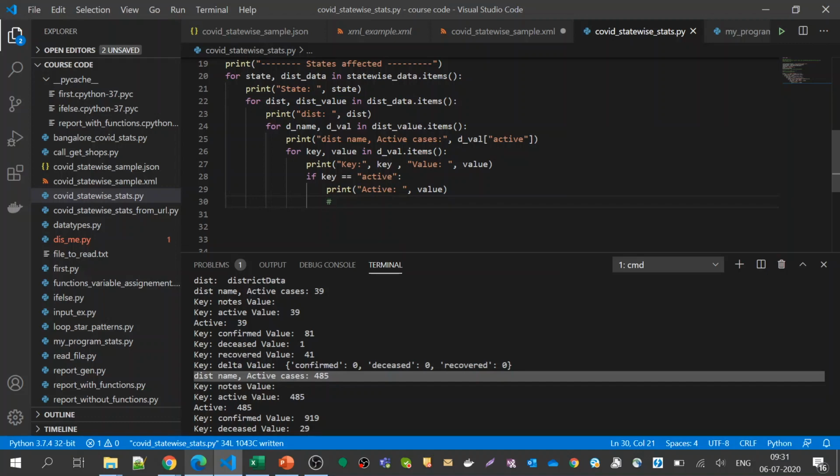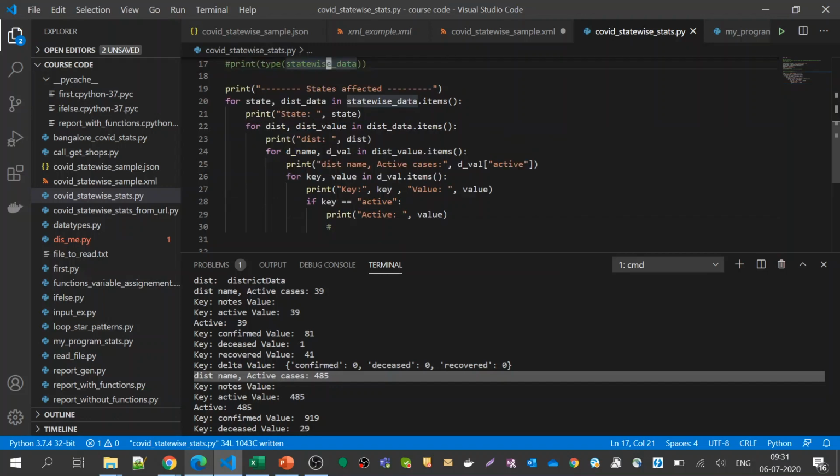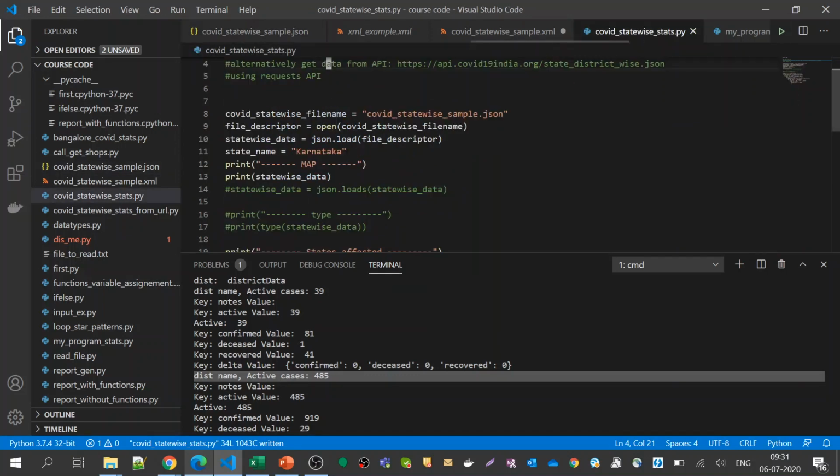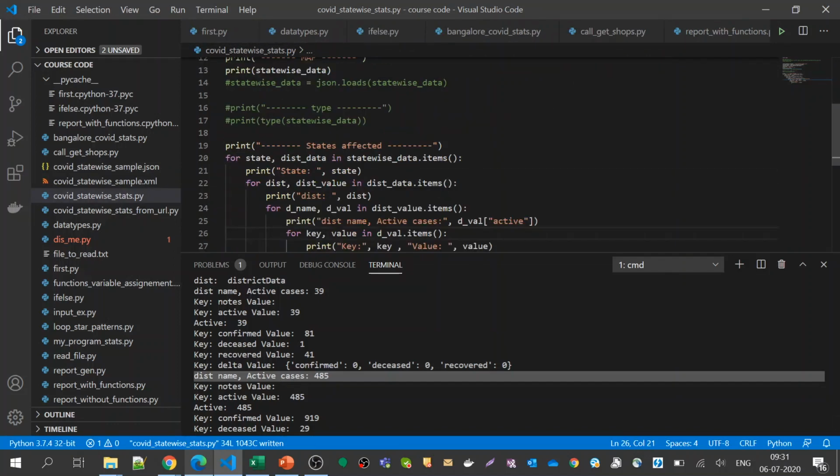Once you do this, there are actually shortcuts to do this, which you will find out, or I will show you while we are doing some future tasks. But this is how the whole thing is meant to be read by a program. So once you understand this structure as a programmer, you do this, and once you finish this code, maybe you take input as Karnataka, or input from user input.